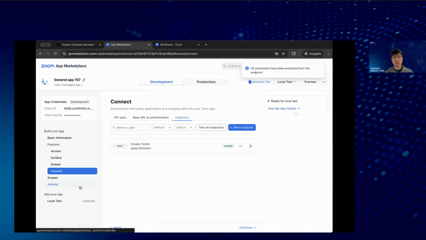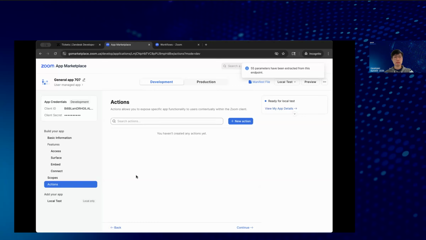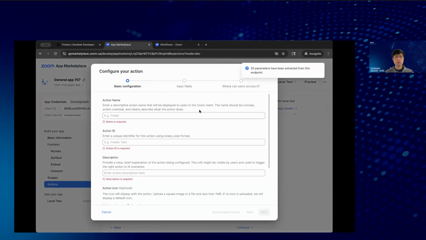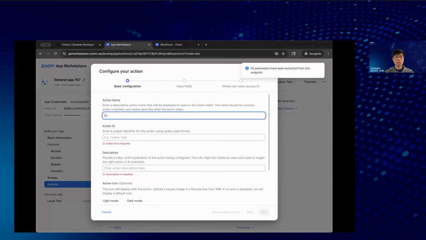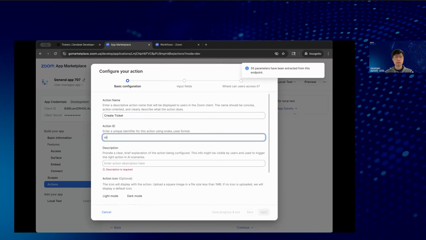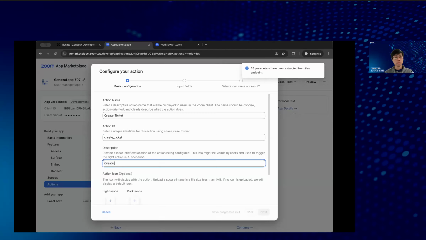The next thing is now we're going to navigate to actions. This is where you can create your custom actions that are associated with the connector. It's pretty simple. You just click new action. Say this action now is about creating a Zendesk ticket. We'll just say create tickets. This action ID will not be shown to the end user, so you can name it just something that is relevant. The description will though, so you want to say